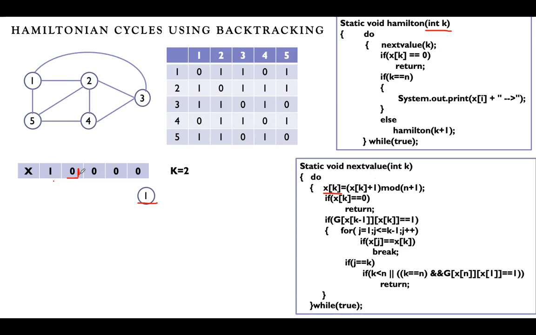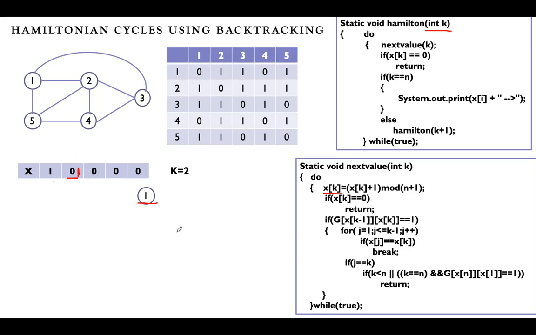See, for every location, what we are doing is we'll first insert 1 and then check, then insert 2 and check, then 3, 4, 5. We'll insert all the vertex values and then check whether each comes to that particular position or not. So I will put 1 here. Once you put 1, you have to check whether there is an edge between 1 and 1. You can see from 1 to 1 there is no edge, so 1 will not come here. Is it clear?